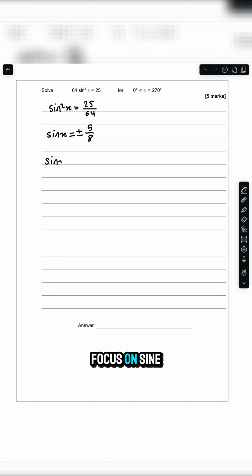So if we focus on sine x equals 5 over 8, we can obtain the value of x by taking the sine inverse of 5 over 8, and that equals 38.7 degrees to 1 decimal place. And in order to determine all the values of x that lie in our range, we need to firstly sketch